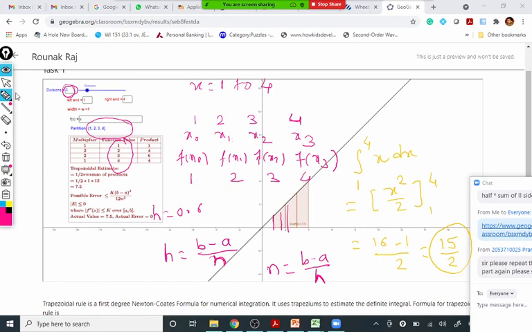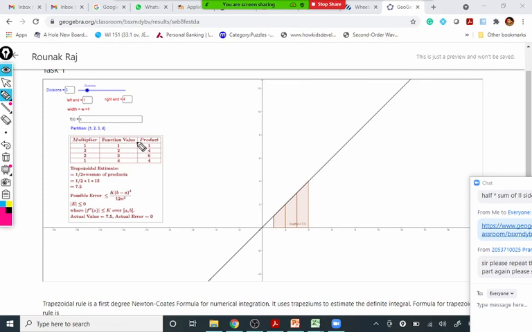But now in this case, you'll observe the actual value is 7.5. And with the trapezoidal rule, you get the answer 7.5. Why are you getting the exact answer here? Because the trapezium exactly matches the actual area. The trapezoidal answer is 7.5, the actual answer is also 7.5, and both match in this case because the function is simple.